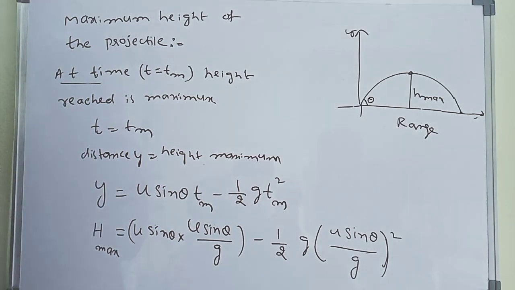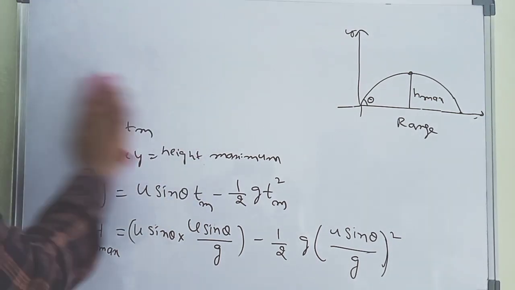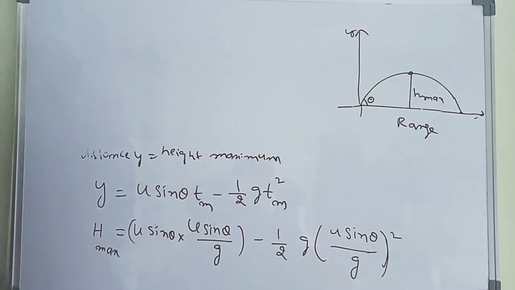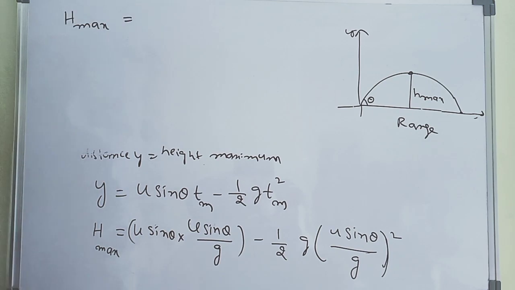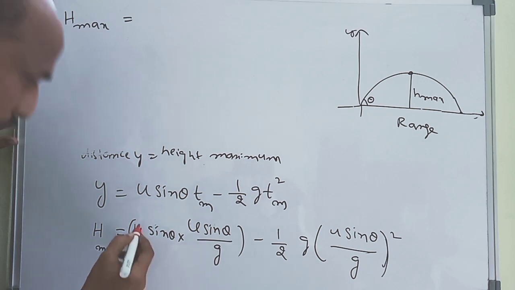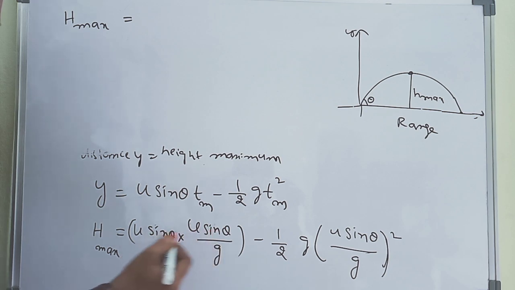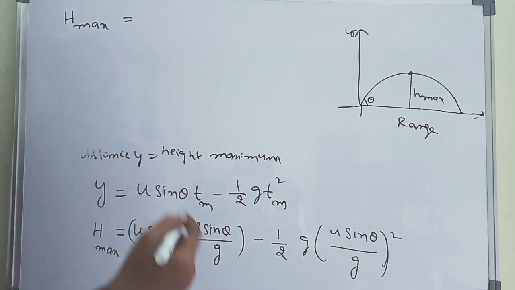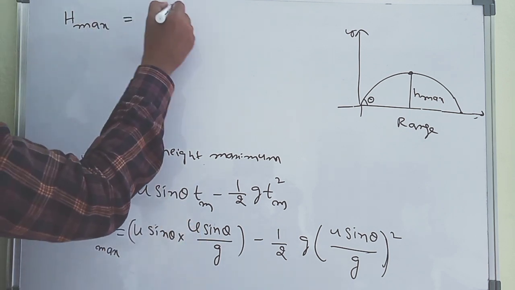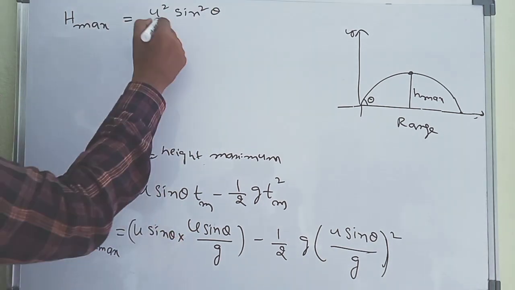So therefore, what is the value here? h maximum is equal to u sin theta into t. U into u is u square, and sin into sin theta is sin square theta, that is u square sin square theta by g